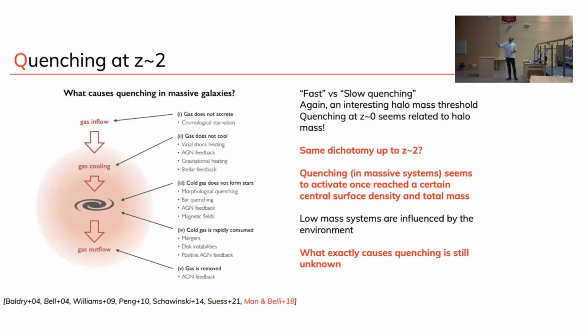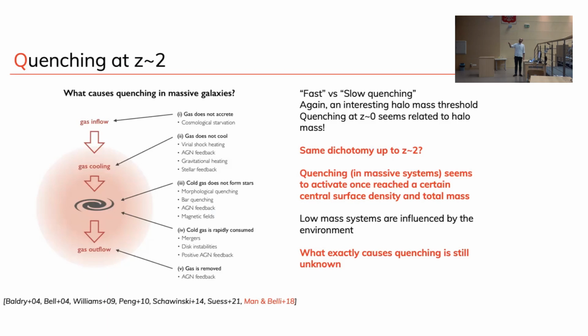And this is just a compilation of proposed mechanisms to quench your galaxies. This is from a paper by Bendy. You probably have a combination of these things. You have different processes that are going on, different mass regimes, probably different redshifts. Basically, you have two big families. One is you cut the gas accretion. This probably happens in any case, especially at low redshift and for massive halos. Or you have to get rid of the gas. We heard this morning an example of how you can quench without getting rid of the gas. So gas is there, but it's not transformed into stars. This is what we call quenching.